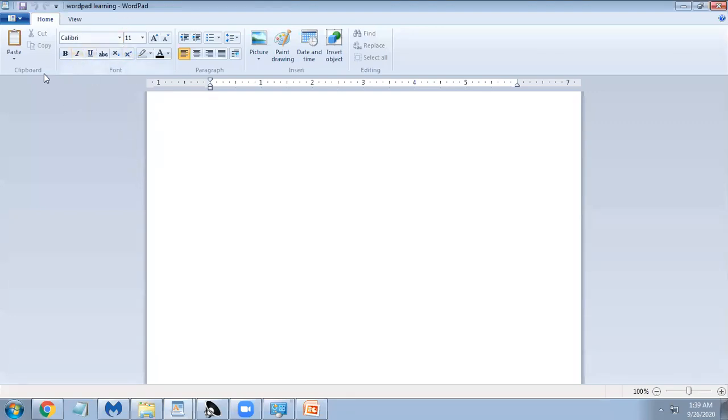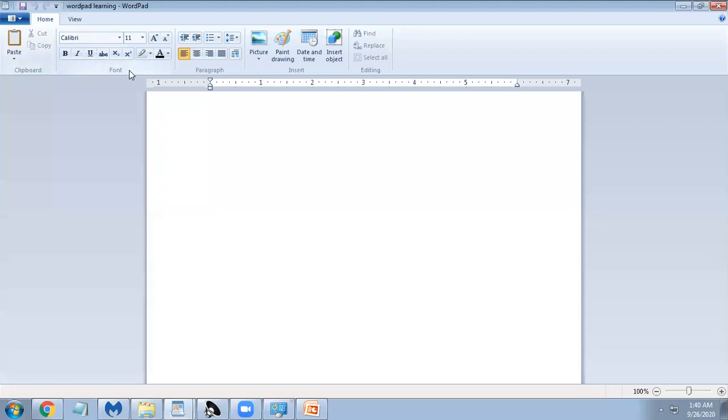Here you have the paste option, from where you can paste if you wrote something. You have Clipboard in the Home tab, Font, Paragraph, Insert, and Editing. In Clipboard you can do some editing.